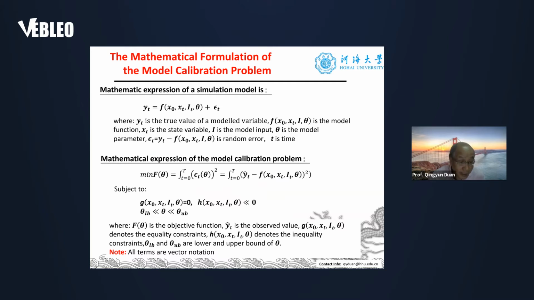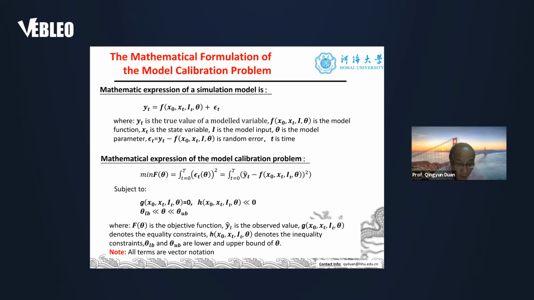And so the mathematical expression of the model calibration problem is an optimization problem: minimization of this function of model parameters, equal to the integration of the error terms. The error is the difference between the observation and your model simulation, integrated over time. It can also be over space,